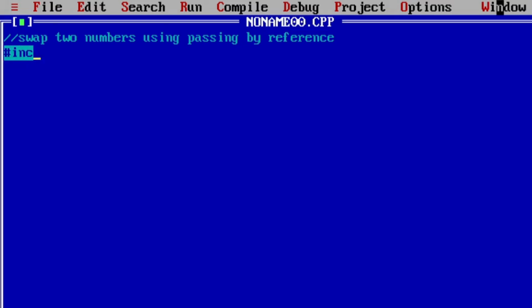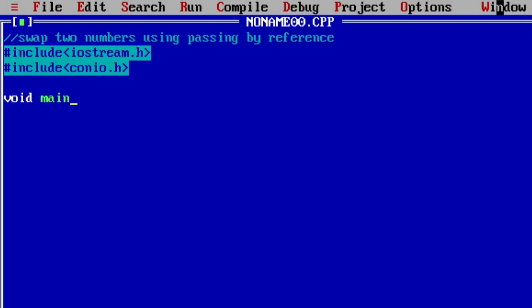To start our program using header files, that is, include iostream.h, that is input output stream. The second one is include conio.h, that is console input output. Here I'll start with void main, the definition of void main, and in comment I'll write down the first output,